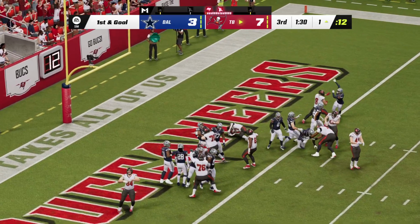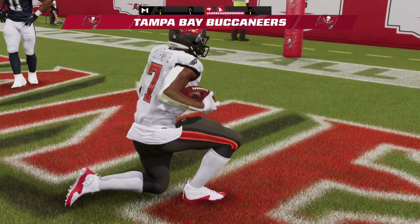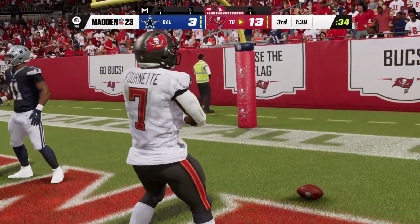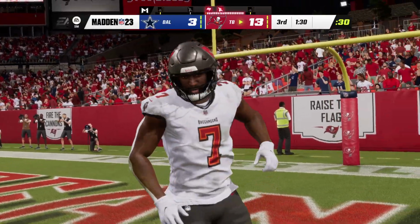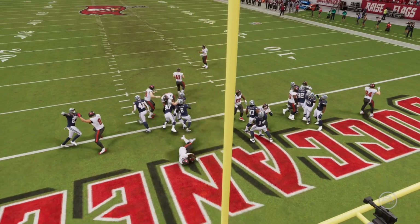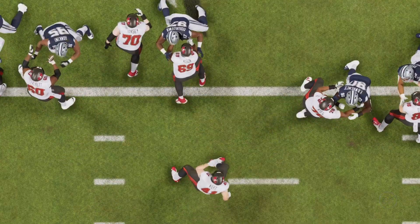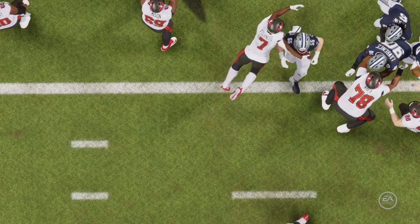They'll try and run for it with Fournette. And he's into the end zone. Touchdown, Buccaneers. Leonard Fournette with his 2nd touchdown of the night. And the Buccaneers take the opening kickoff of the 3rd quarter and drive right down the field to extend their lead. So they brought the extra bulk in down on the 1-yard line, and they're able to push this one